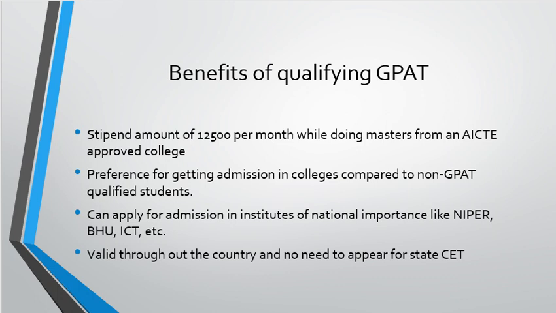Banaras Hindu University directly takes admission based on GPAT merit. It is the only IIT-affiliated college for pharmacy in India. So here also it's direct admission based on the GPAT merit list, and non-GPAT students are not admitted here for pharmacy courses. Then there is ICT, that is the Institute of Chemical Technology, Mumbai. It is also a very reputed institute, and there also it is compulsory that you have a valid GPAT scorecard for admissions. Another advantage is, if you want to take admission anywhere in India, you may not need to appear for the state CET in order to get admission in their colleges. Based on the GPAT scorecard, you can directly get admission there.